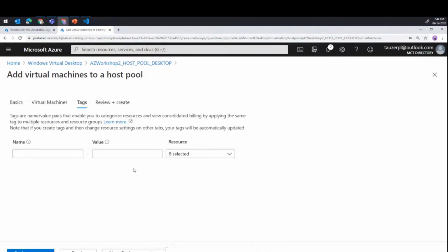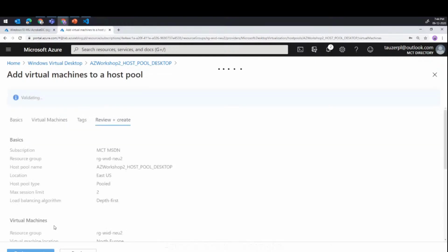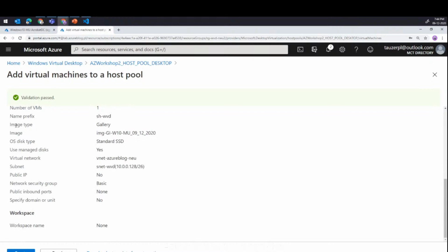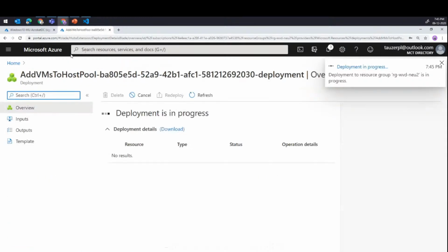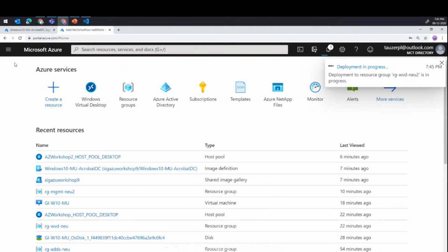And then let's go to tags. As always, you can put the tags whatever you want. Scroll down, validation passed, boom, we can create that. While it is deploying, I will switch to my previous